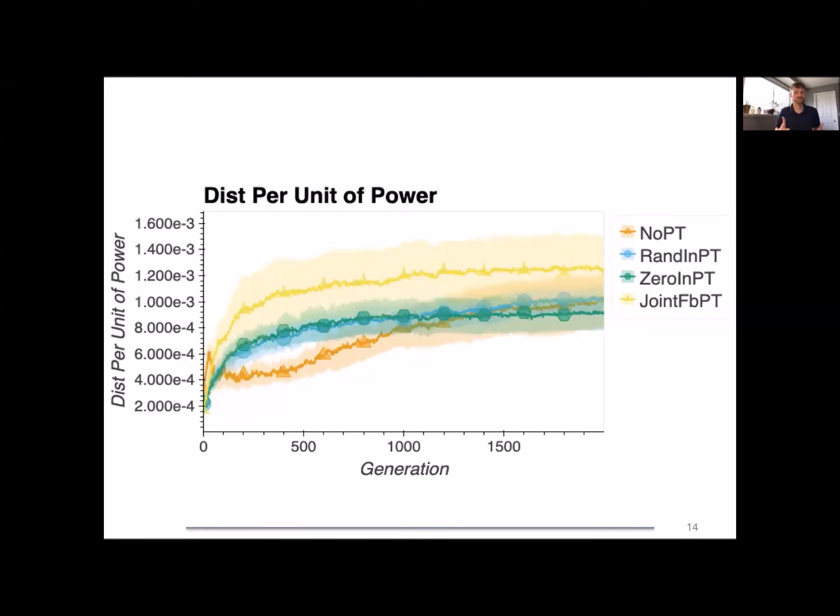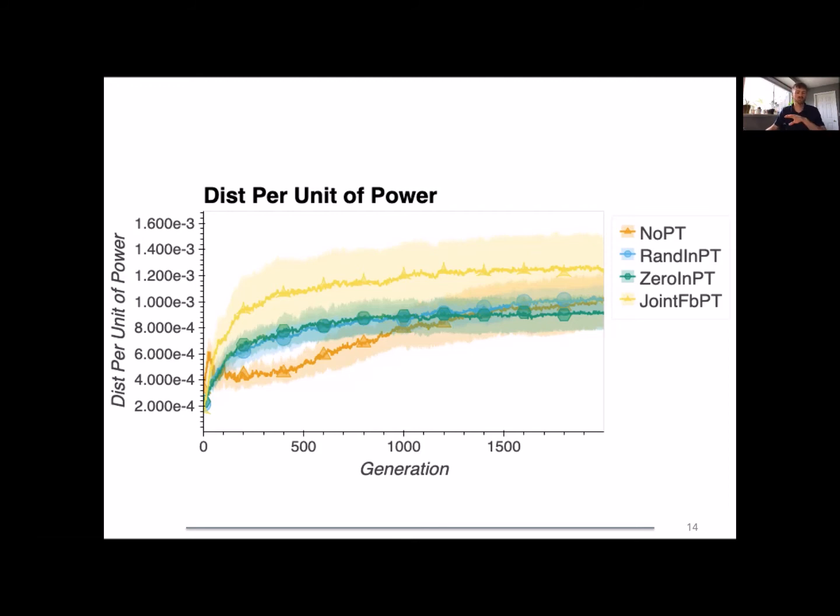In terms of efficiency, a similar situation. We see the pre-training again ahead of the no pre-training, but it does catch up. Now, interestingly, in the very first few generations, you might note this efficiency spike and then drop by no pre-training. This is because in early generations of evolution, you don't move a whole lot. If you don't move across the world a whole lot and you don't move your joints a whole lot, you're pretty efficient at doing nothing effectively.